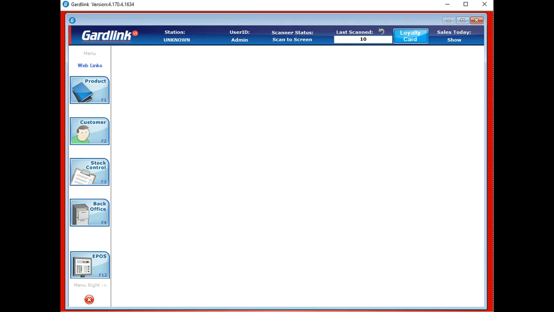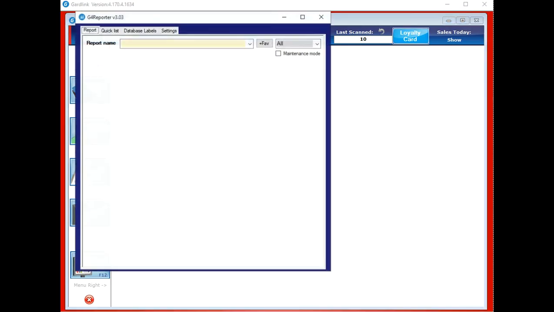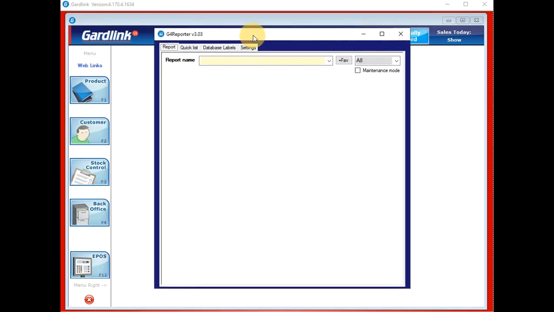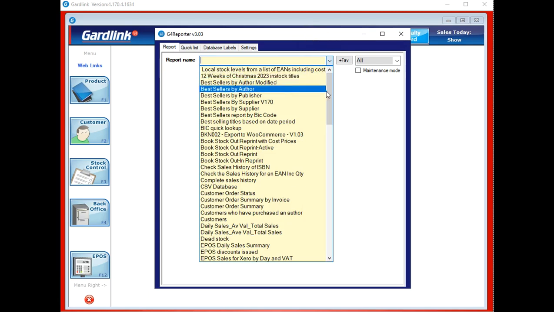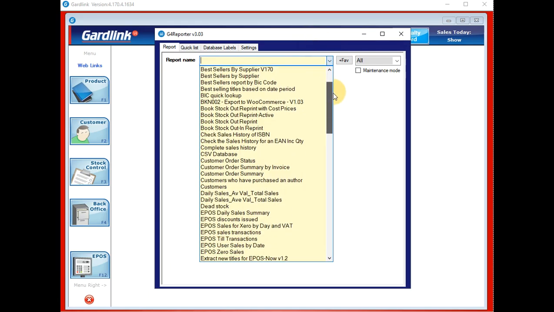I just want to show you the external reporter quickly. So the reports built in here are written in-house, so we don't have to rely on a third-party developer to do them for us. So basically, if there's a report that does almost what you want, but not quite, then let us know. Then we can rewrite it to be a bit more to your needs. But there's lots and lots of good ones on there,